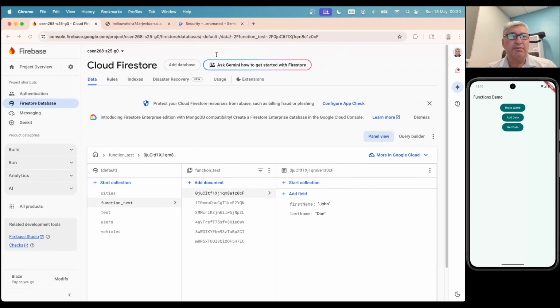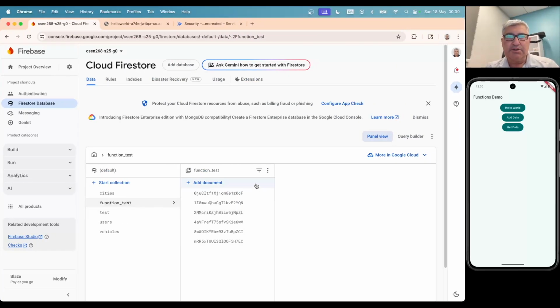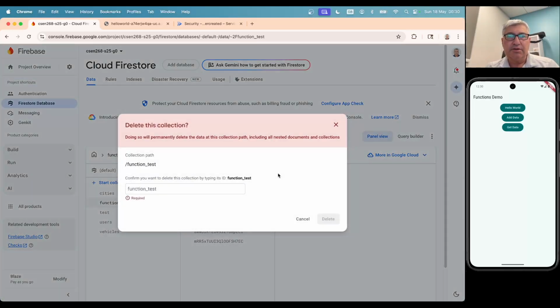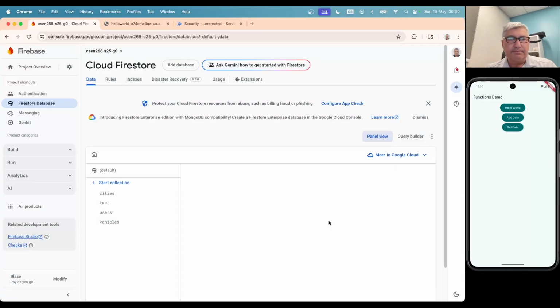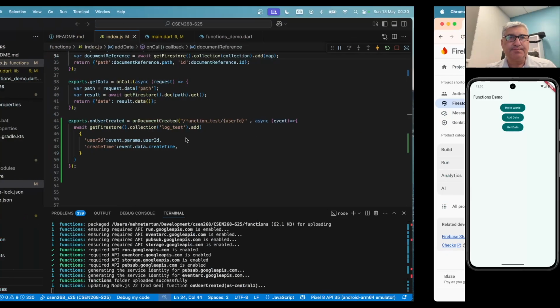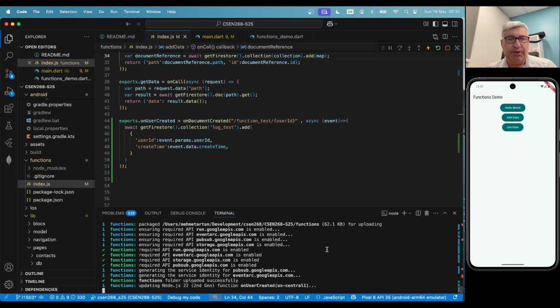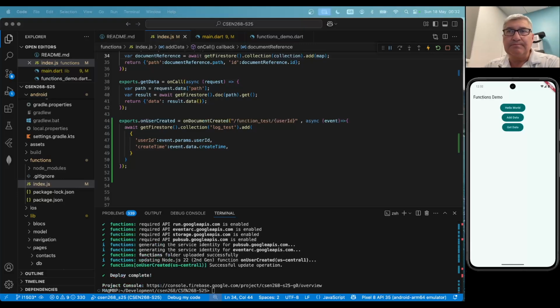And in the meantime, let's just clean up this folder, delete collection. So that's clean. And we're waiting for the function to upload. Okay, our functions have now deployed,